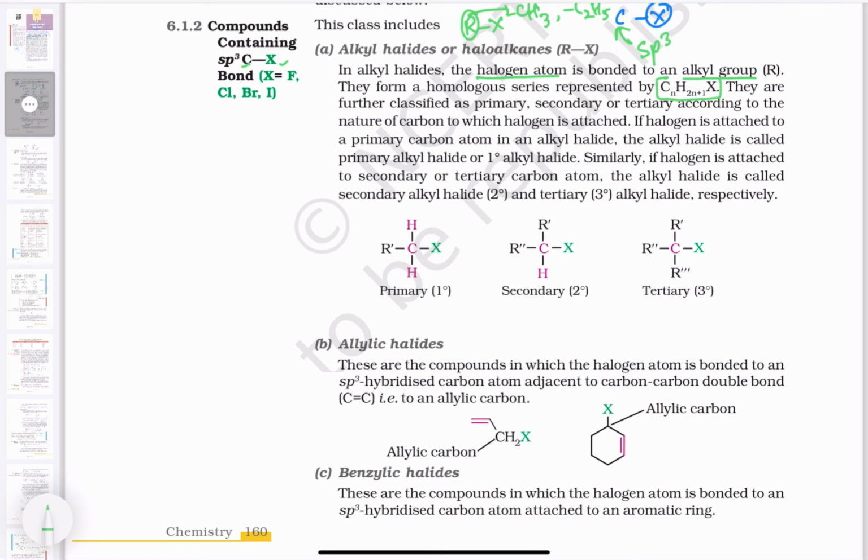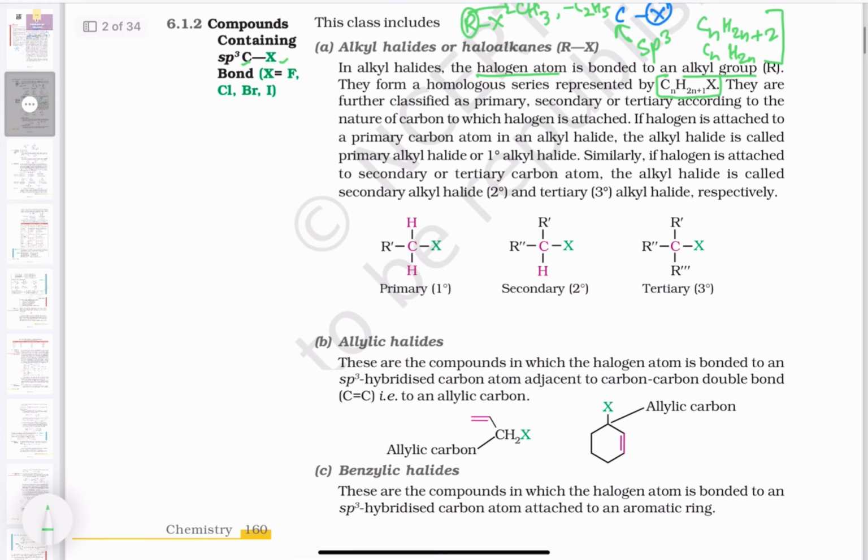As you know, CnH2n+2 is the formula for alkanes. What will be CnH2n? Just comment down what the compounds of this formula are. If it is plus 1 and then X, it comes into consideration as alkyl halide,